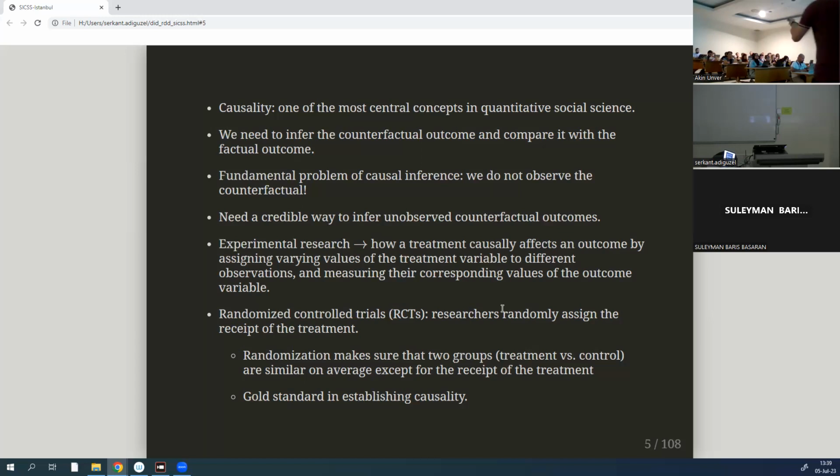Since those two groups are comparable, we can compare them, and the control group is the group where we infer the counterfactual for the treatment. This is the gold standard in establishing causality. I think the last Nobel Prize went to RCTs, right? The RCT people, Duflo and